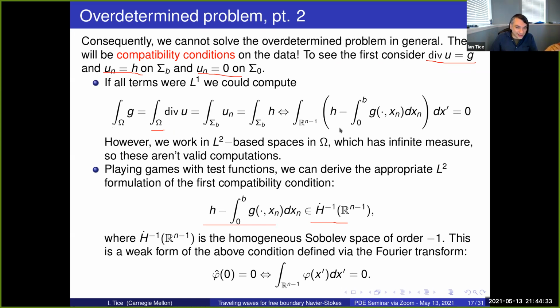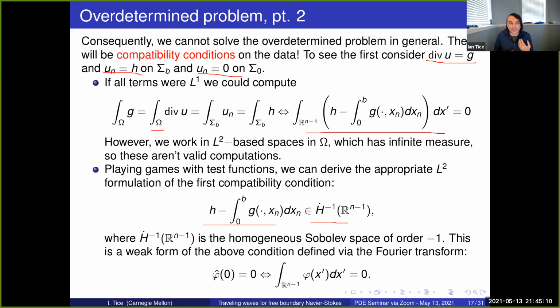However, if I take this identity that I derived above and I rearrange it and apply the Tonelli-Fubini theorem, what I find is that it tells me that the integral of this quantity in parentheses, H minus the integral of G, has to integrate out to 0, has to have average 0. If I think about that on the Fourier side, this is equivalent to the quantity in parentheses having vanishing Fourier transform at the origin. Now, the condition that this quantity belongs to H dot minus 1 does not require, strictly speaking, that the Fourier transform vanishes at the origin, but it's a weak formulation of that